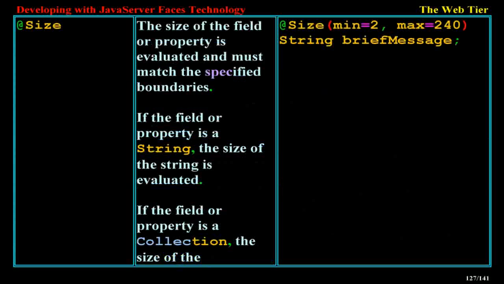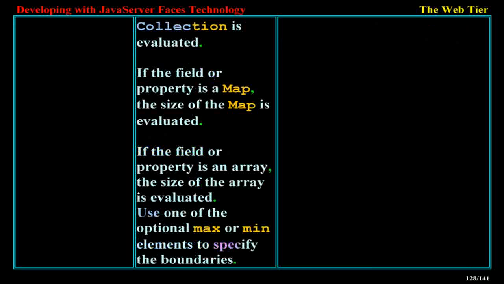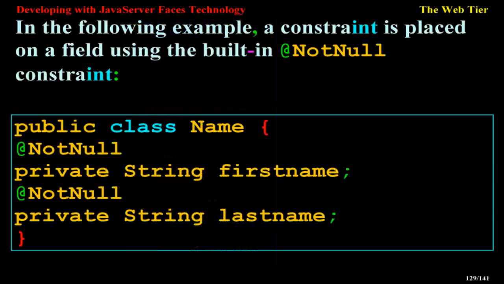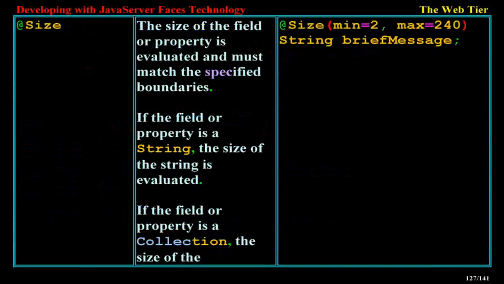@Size: The size of the field or property is evaluated and must match the specified boundaries. If the field or property is a string, the size of the string is evaluated. If it is a collection, the size of the collection is evaluated. If it is a map, the size of the map is evaluated. If it is an array, the size of the array is evaluated. Use one of the optional max or min elements to specify the boundaries. @Size(min=2, max=240)